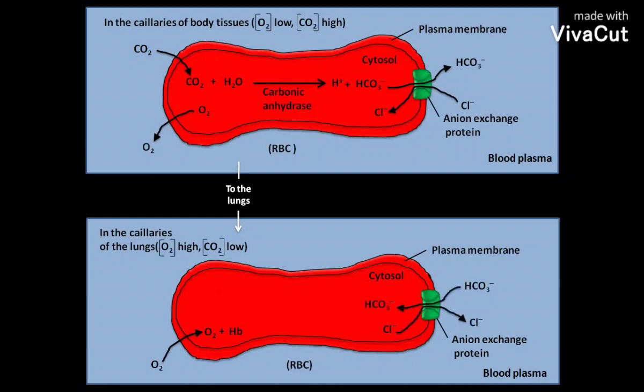In the cytosol, bicarbonate ion then reacts with a proton in presence of carbonic anhydrase to form water and carbon dioxide. This carbon dioxide diffuses out of the RBCs. Then the RBC loaded with oxygen returns to the